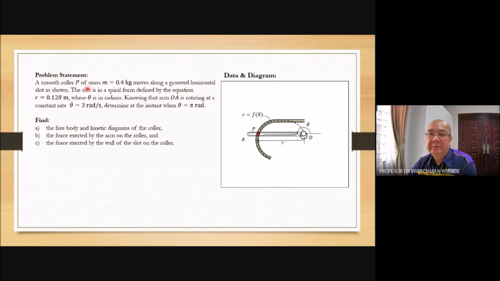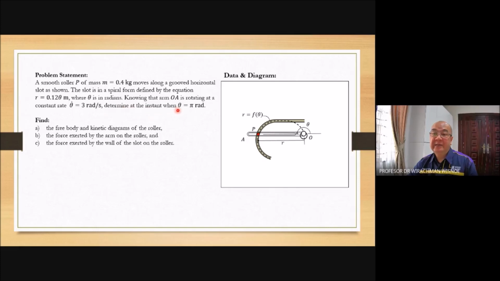A smooth roller P of mass m equals 0.4 kilogram moves along a grooved horizontal slot as shown. The slot is in a spiral form defined by the equation r equals 0.12 theta meter, where theta is in radians. Knowing that arm OA is rotating at a constant rate theta dot equals 3 radian per second, determine